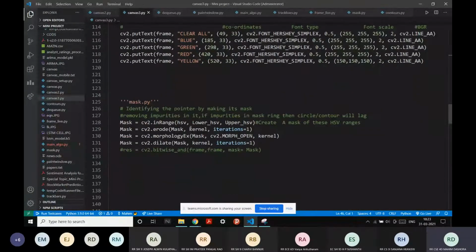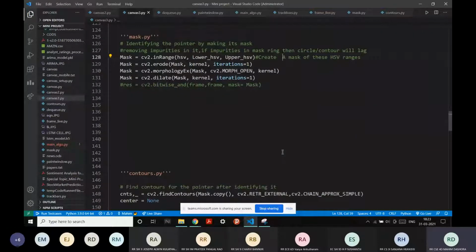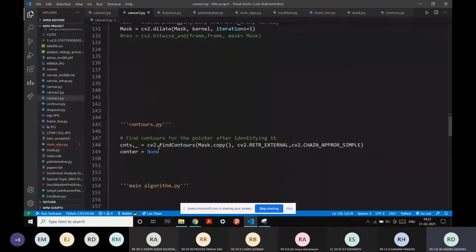Cool. So now we have tuned the HSV values. We have also created a mask of these HSV ranges. Now what we need to do is find contours. What is a contour? It's the region where something blue, or some region where a gap, can be detected. Great. So how will we find a contour? We'll be finding contours with this findContours function.